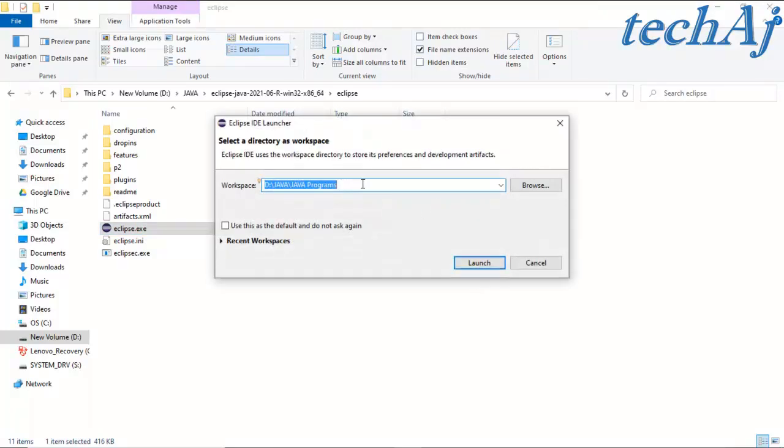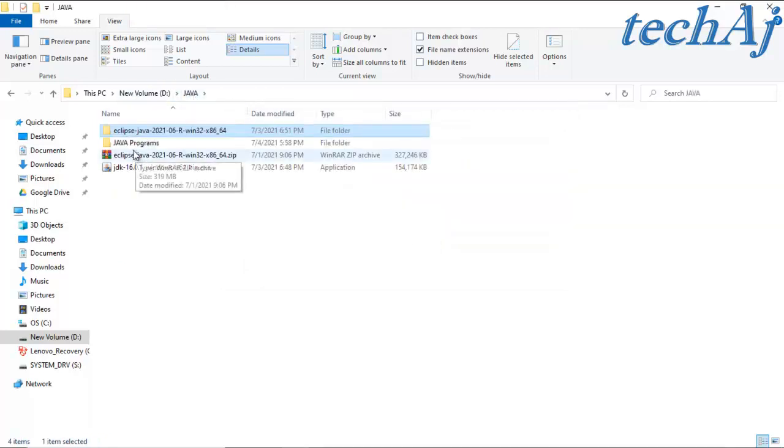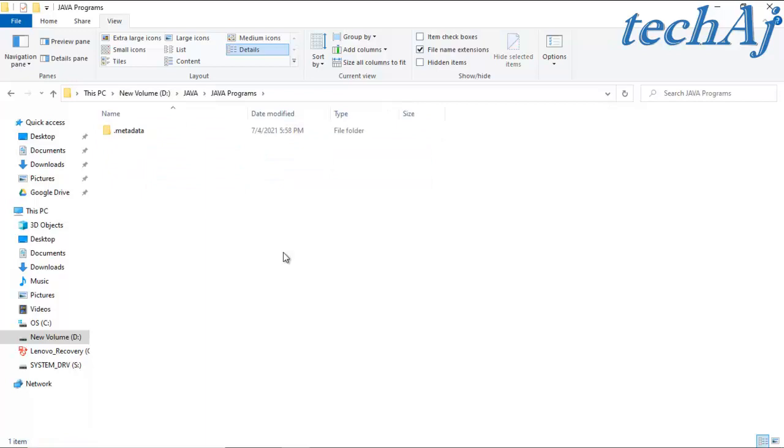When we start Eclipse, first of all, it will ask for the path where our Java programs will get stored, by selecting the Browse option. Currently, I have selected the D drive Java programs folder. So all our programs will get stored in the D drive Java programs folder.